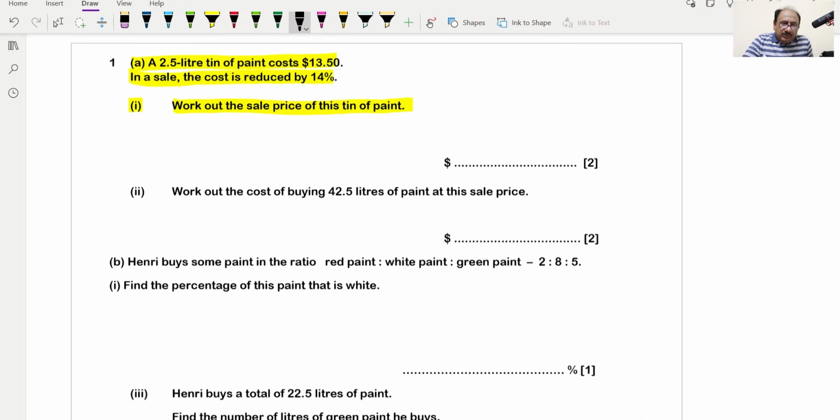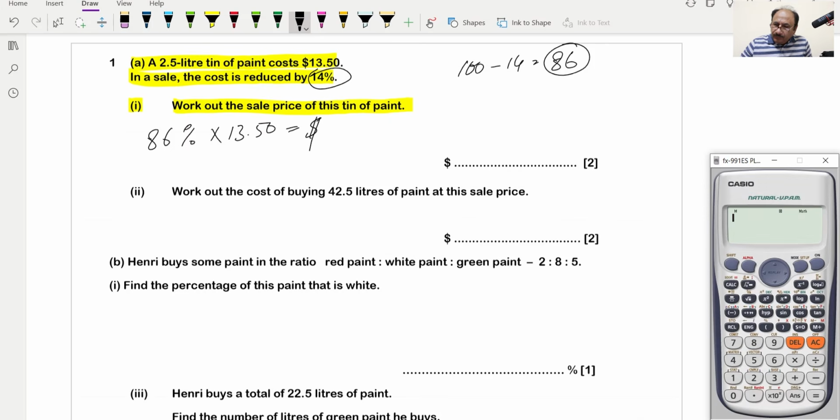So the reduction is 14%, so we take 100 minus 14, which is equal to 86. So we'll calculate 86% of the amount, which is $13.50, and the answer for this will be